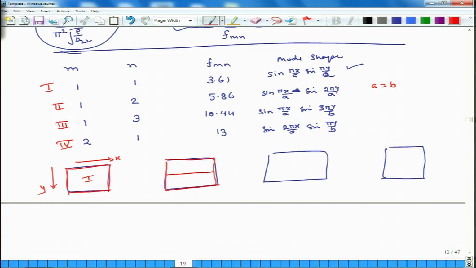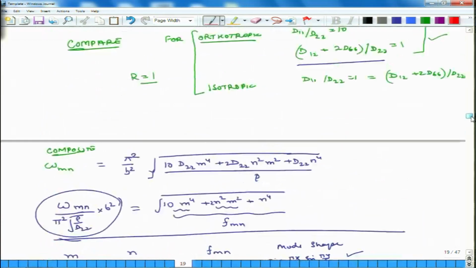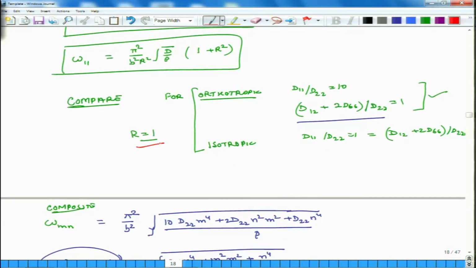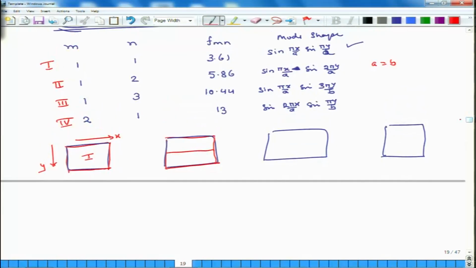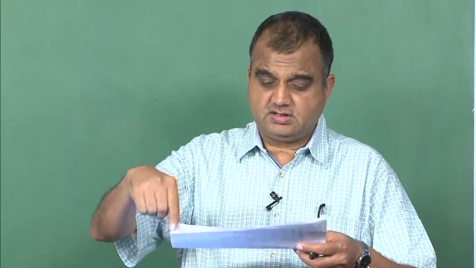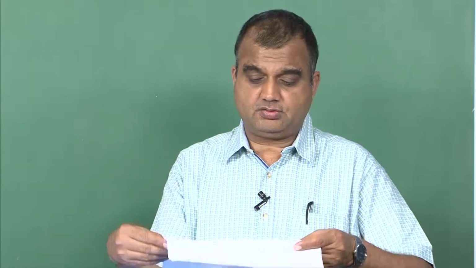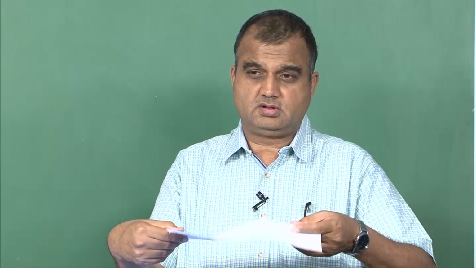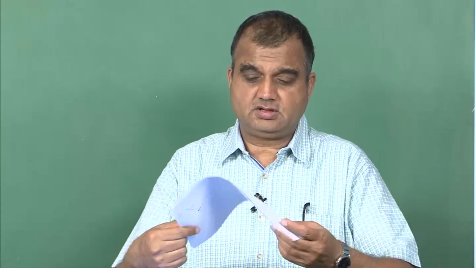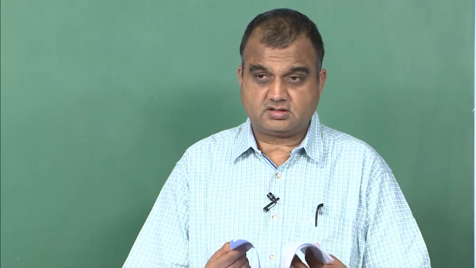Okay. Because aspect ratio is 1. Yes, we had mentioned that aspect ratio is 1, r is equal to 1. Okay. So, what does this mean? That if this is the x axis, so the first frequency we have already talked, the second frequency will be such that if this is the x axis and this is the y axis, then the second mode will be such that the plate will tend to do like this also, like this, and of course, it will do this, but it will also, it will do this thing. Okay.